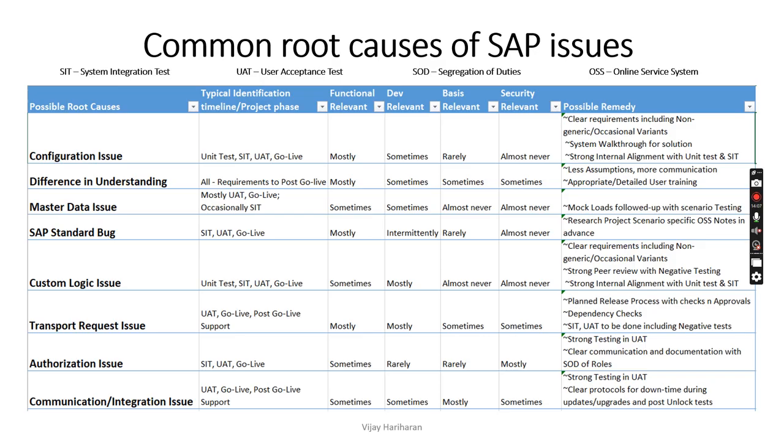All the necessary stakeholders need to be informed, and necessary approvals need to be taken in advance so that there are no surprises that your change has started affecting some other module. Dependency checks, very important. If your transport request is dependent on some other transport, it needs to be maintained. There are a lot of tools even within the system that SAP sometimes offers, so that those can be employed and used. SIT, UAT to be done including negative tests,